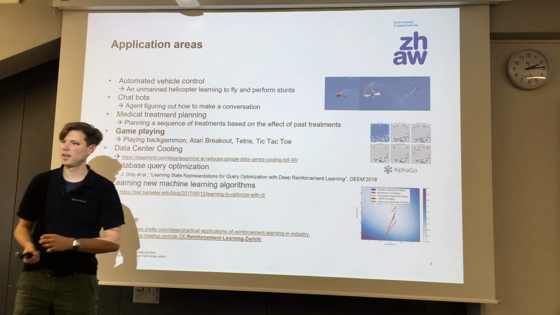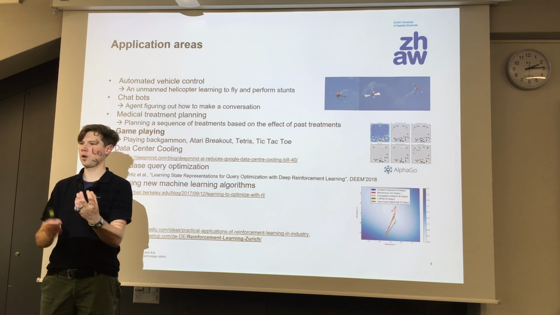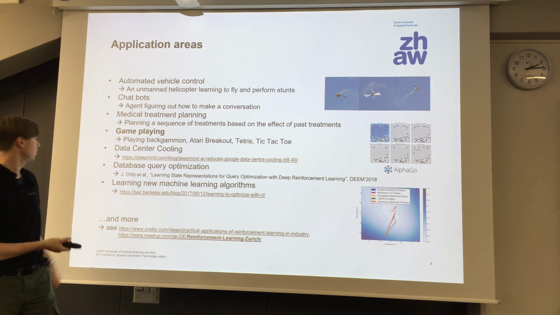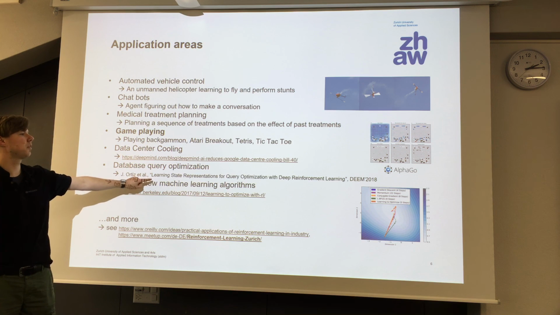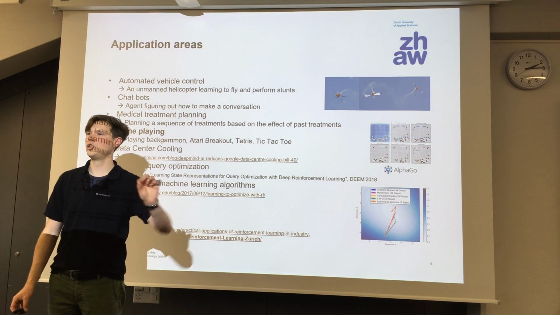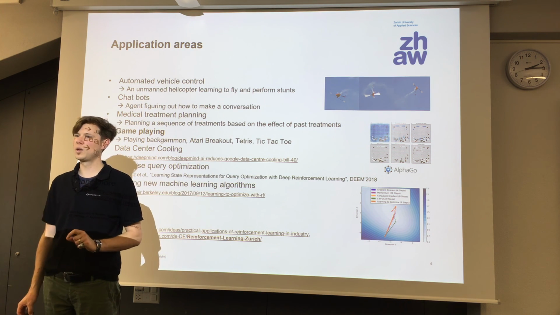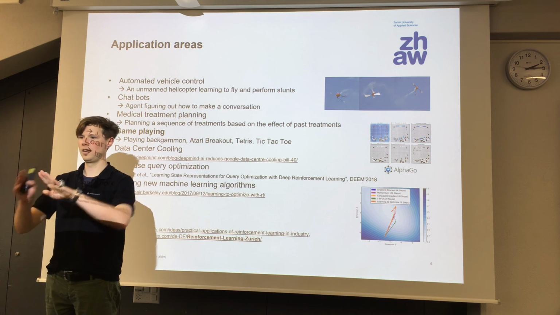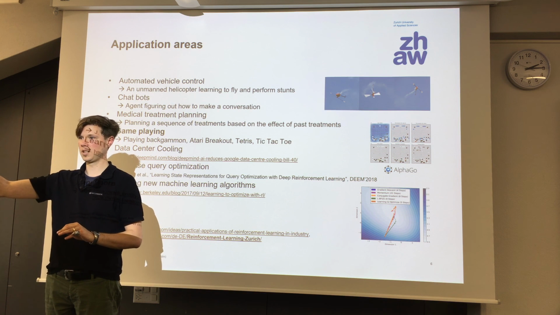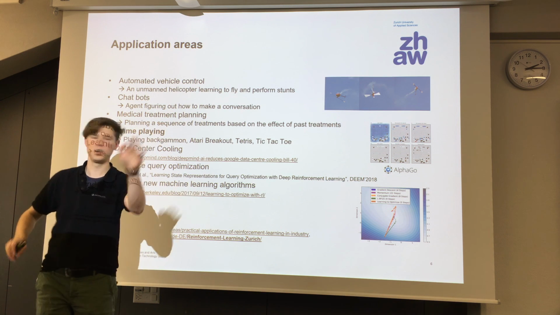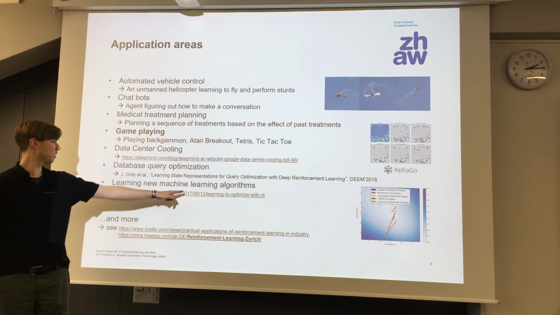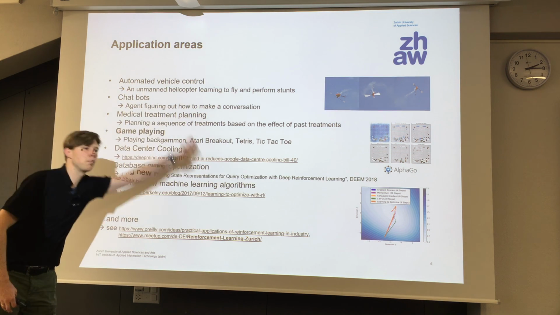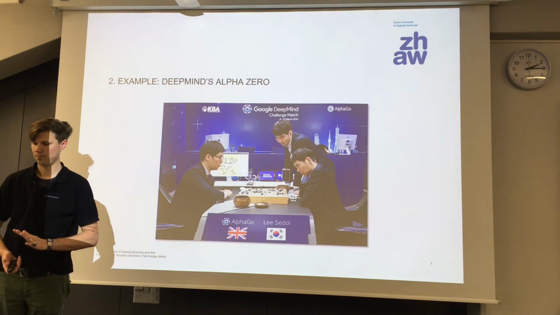Database query optimization, like how you can deduce a query plan for quicker access to large databases, has started to be done with reinforcement learning. And a very interesting thing actually, learning new machine learning algorithms. We talked very quickly at the beginning of the ensemble lecture about learning to learn in two different ways: meta-learning in terms of ensembles and meta-learning in this respect. If you're interested, read this blog post. Good, so these are some things where the stuff can be used.